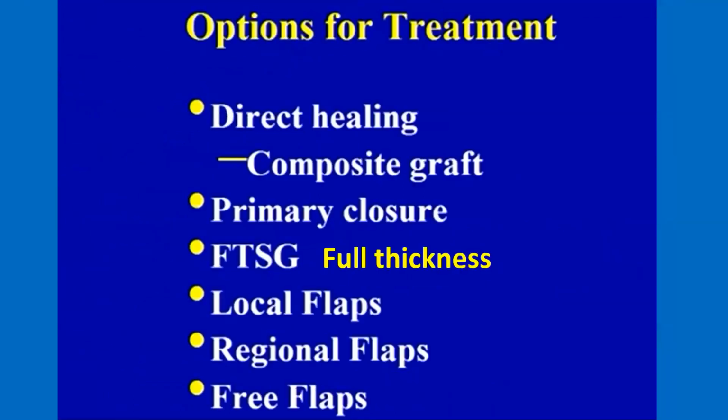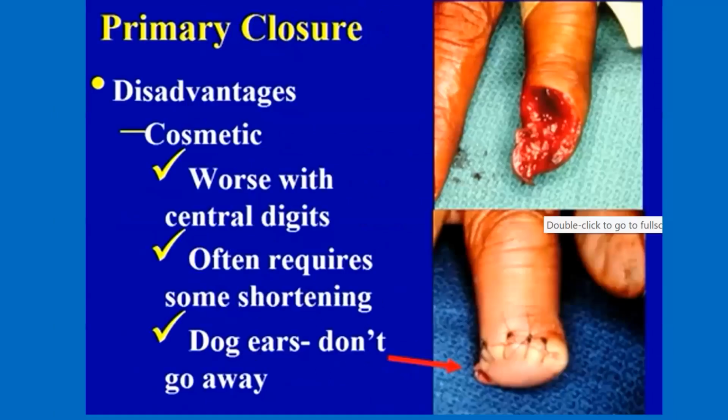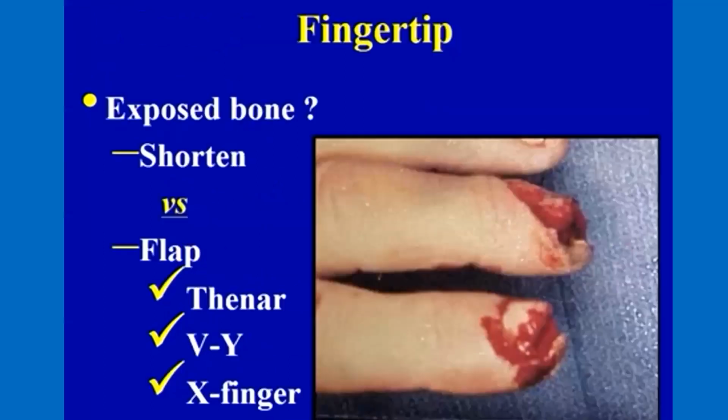The options for treatment of any significant injury: you can depend on direct healing, you can do primary closure, you can use a full skin graft, local flaps, regional flaps, and free flaps. If you look at this wound, you should close it primarily. If you have dog ears, you should resect them on the spot. Why? Because they don't